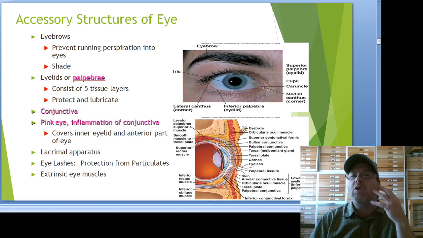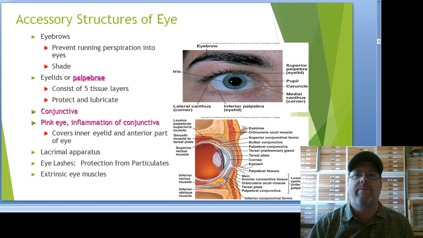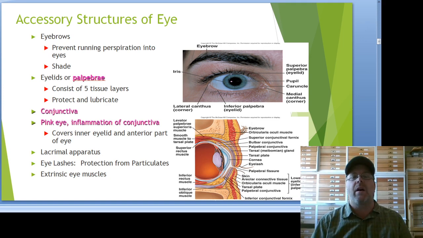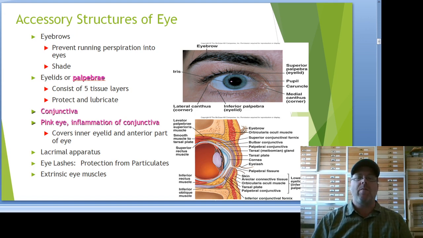So yeah, you do produce mucus in your nose. So some of what you're blowing out of your nose is mucus, but a lot of what you're blowing out is tears. And those tears are a byproduct of emotion. So our limbic system can invoke the production of tears, and also the particulates getting into our eye. So the emotional response is kind of just a byproduct of